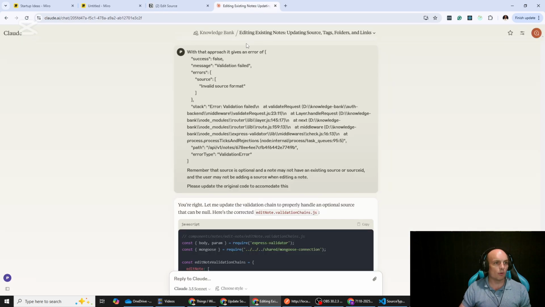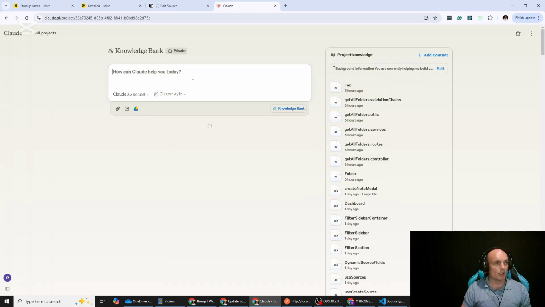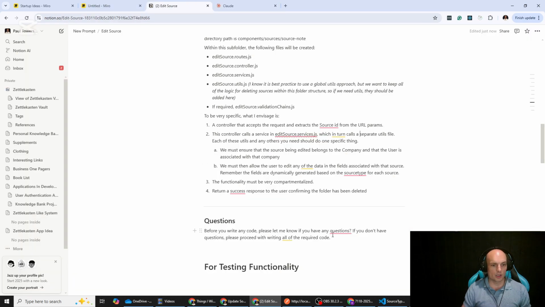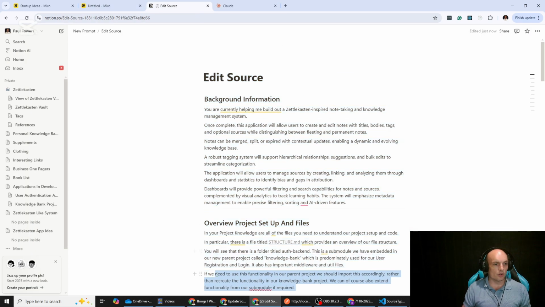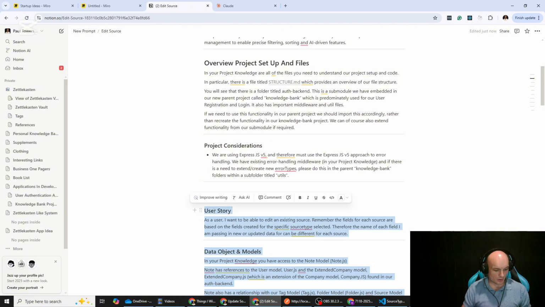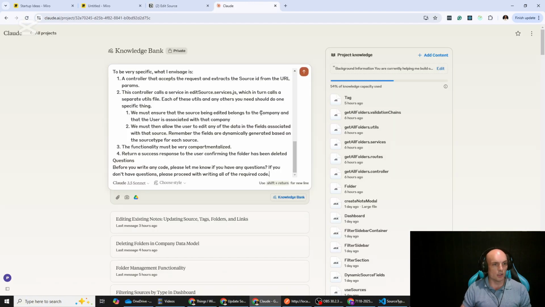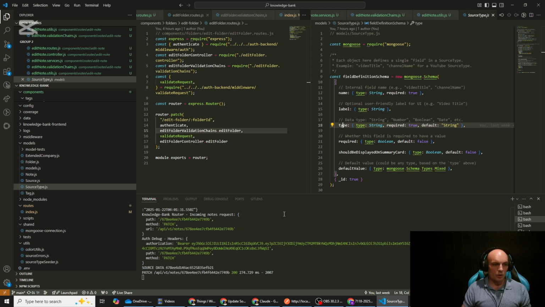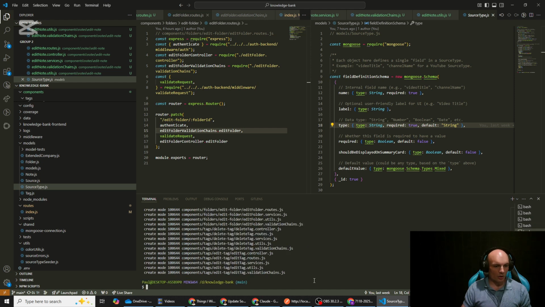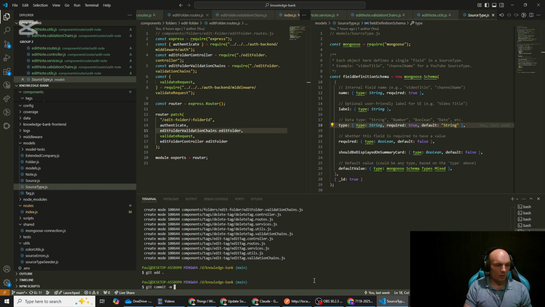Right, so with that, what we can do is come back to our project here, and we're going to cut and paste this in. We don't need to paste it all in because it does have the details above, and we will do that. While Claude is running that, we are just going to come over here and commit this code because we hadn't done that at the back end of the last video. So git add, git commit -m, created edit note, backend functionality,